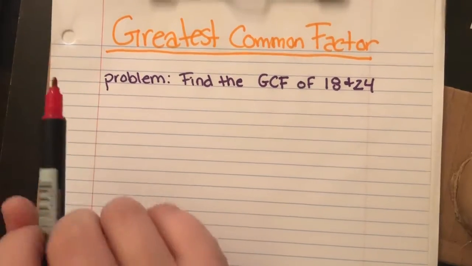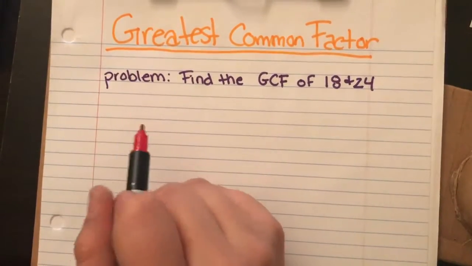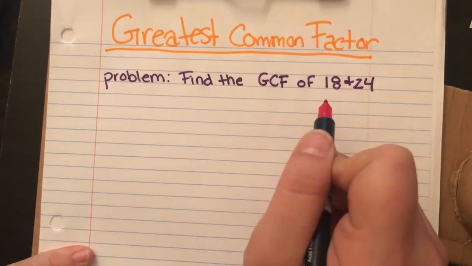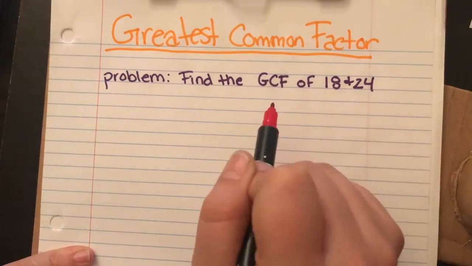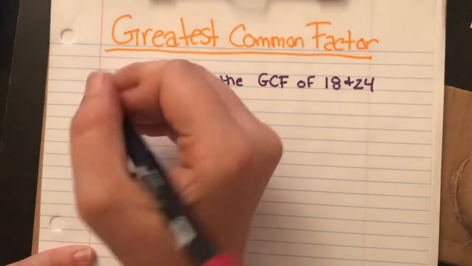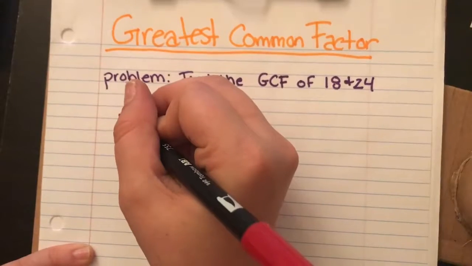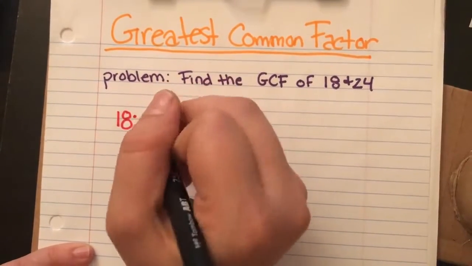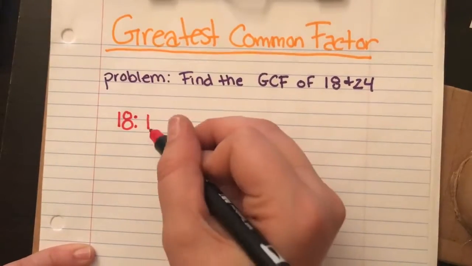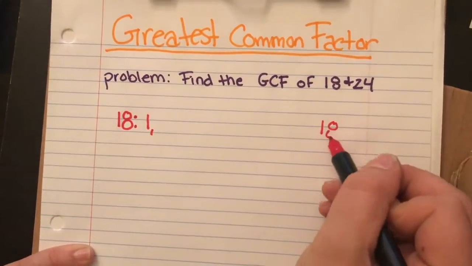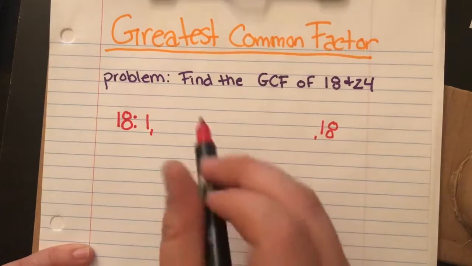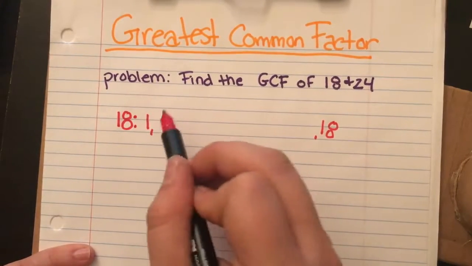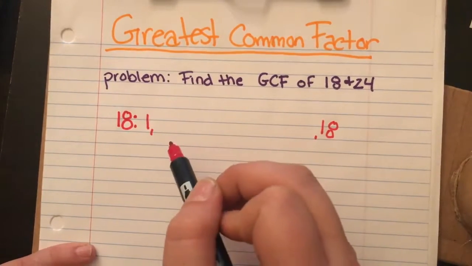Okay, so our problem that we're going to work on today is finding the GCF of 18 and 24. So the first thing I want to do is list out the factor pairs of 18. So I know that 1 and 18 are factors. And I'm just going to keep going up from 1 and see if that number